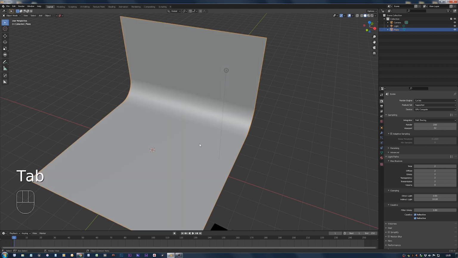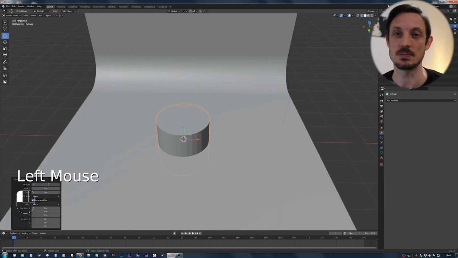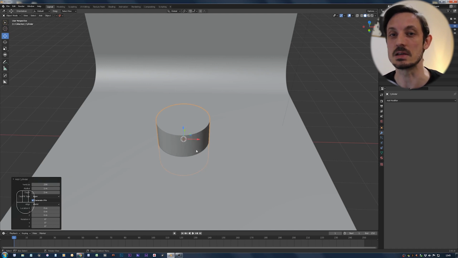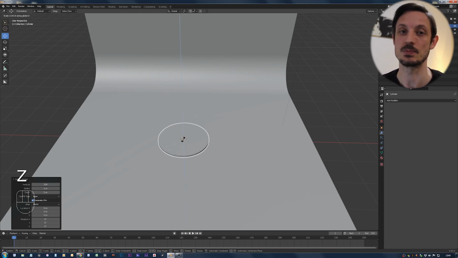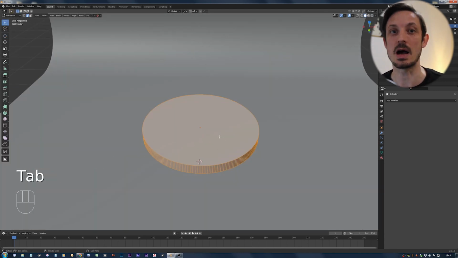Next, we're going to add a cylinder. Then we need to bump up the segments to 256. Scale it down on the Z axis and then move it up slightly. Then go back into edit mode and select the top and bottom faces and press I to inset them a